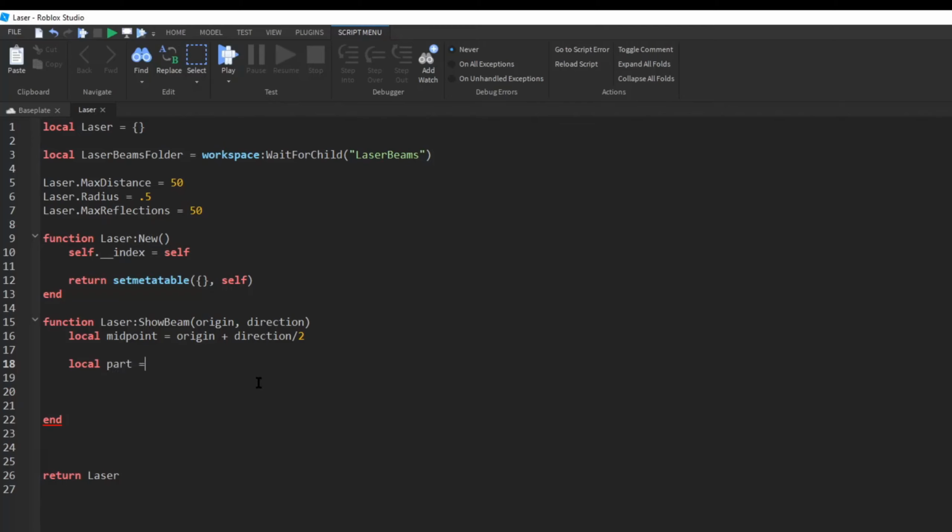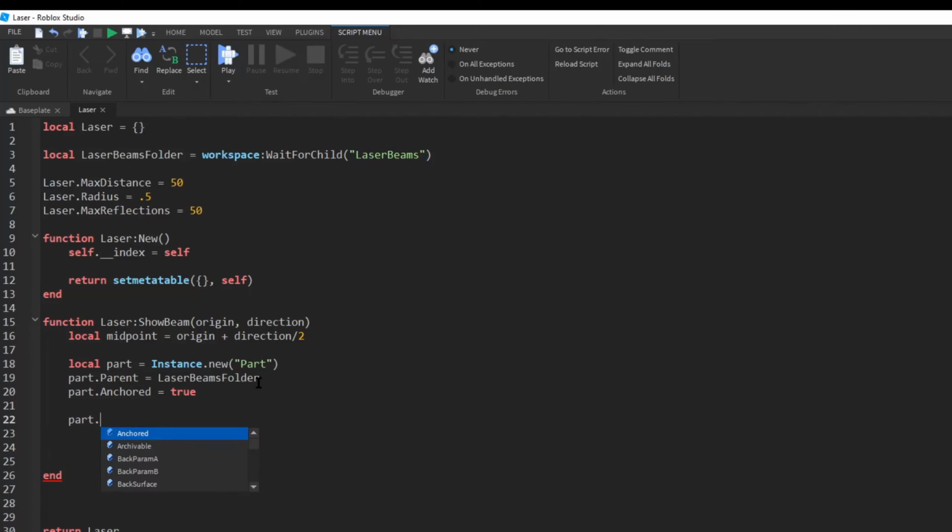So we're going to make our part, which is going to be Instance.new part. And we're going to first set the part.Parent to the laser beams folder. There you go. So part.Parent equals laser beams folder. And the part.Anchored value will be set to true. And then this is all just for style. I'm going to set the part.Material to